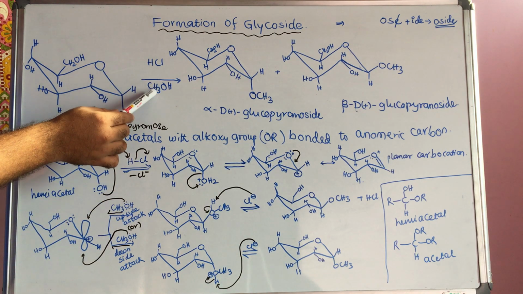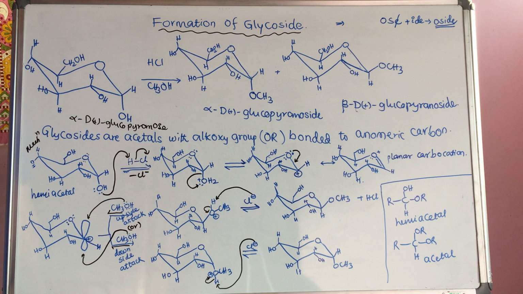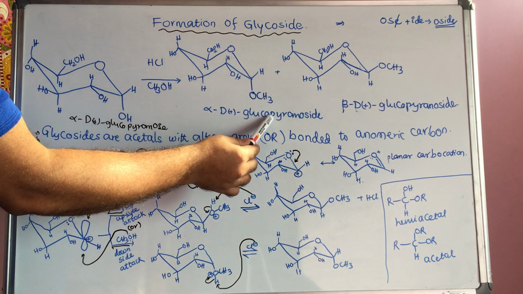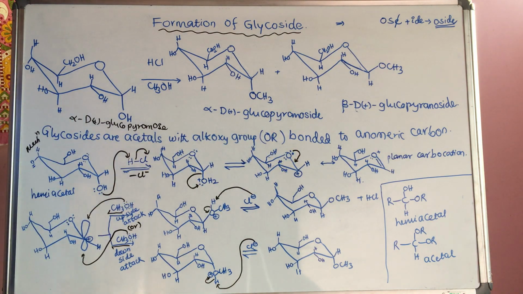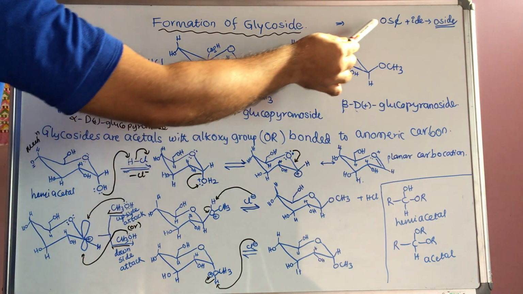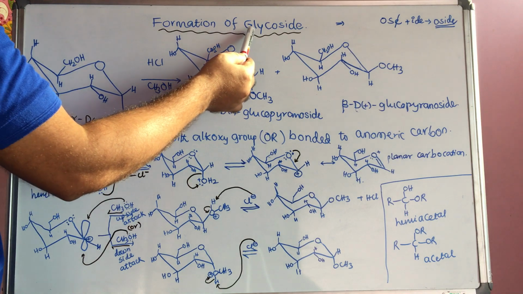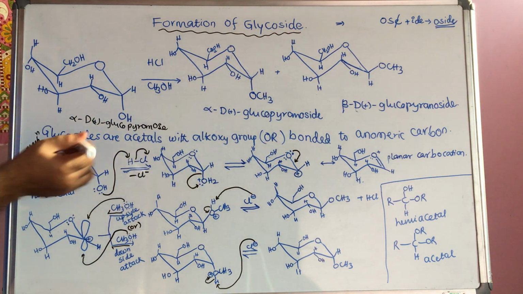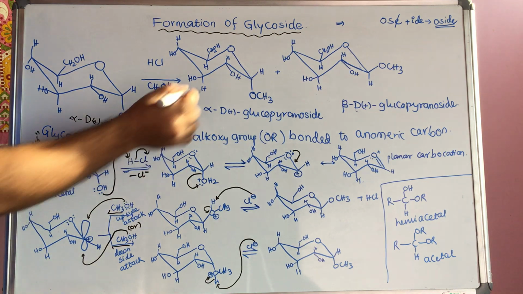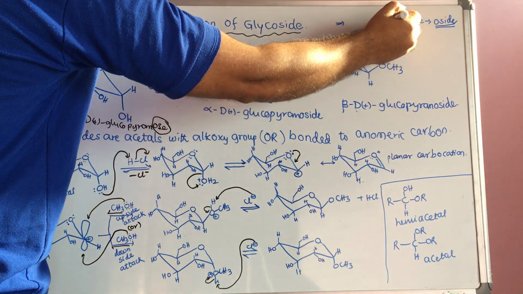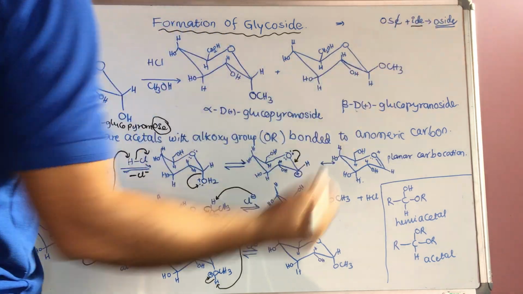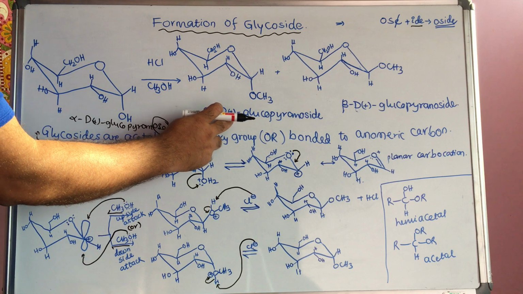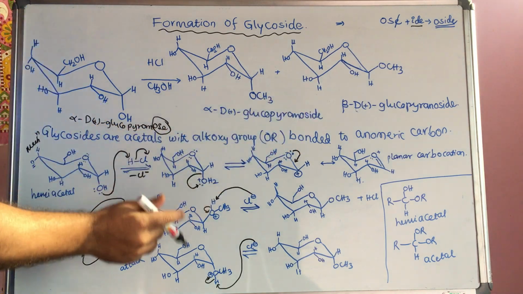Now in acidic medium it reacts with methyl alcohol, then it forms alpha-D-(+)-glucopyranoside. Actually, here I have given how to write its name, glycoside. In this pyranose form, here I wrote -OSE: drop the E, add IDE, -oside. That is why it is called alpha-D-(+)-glucopyranoside.